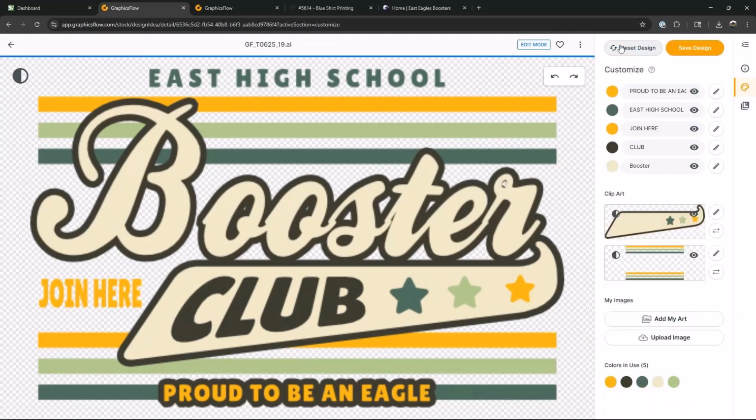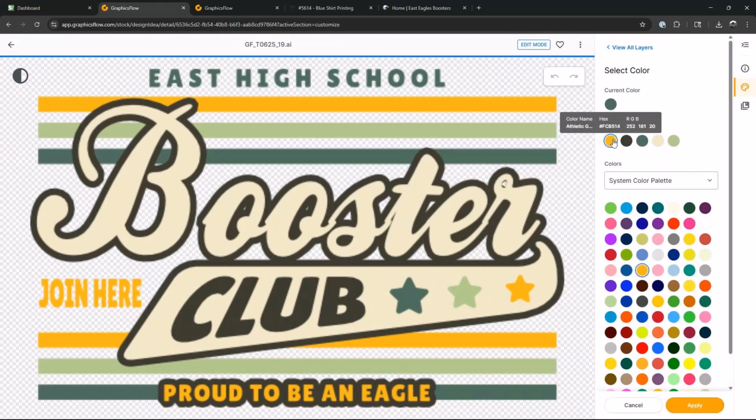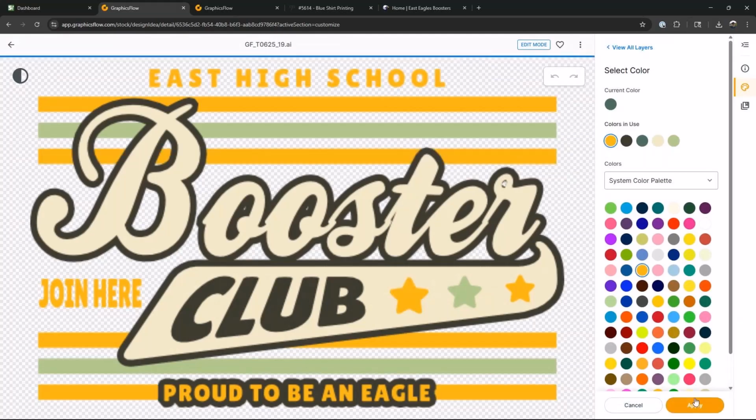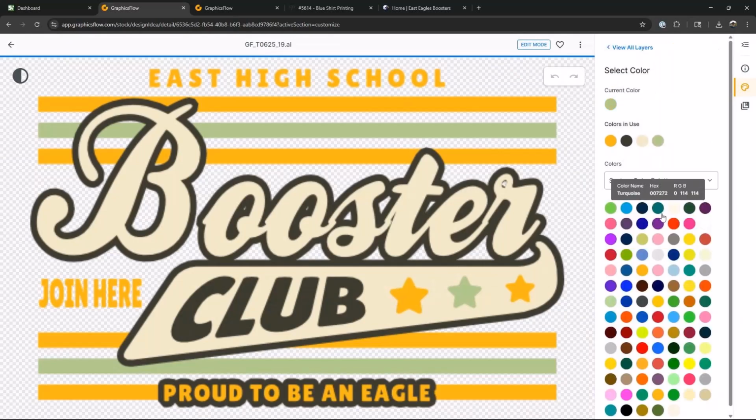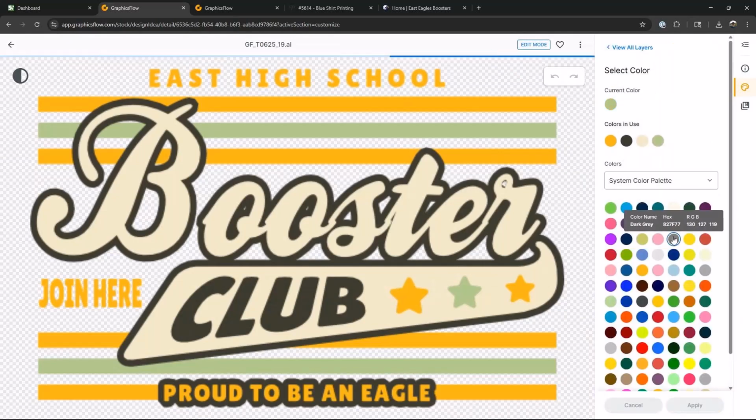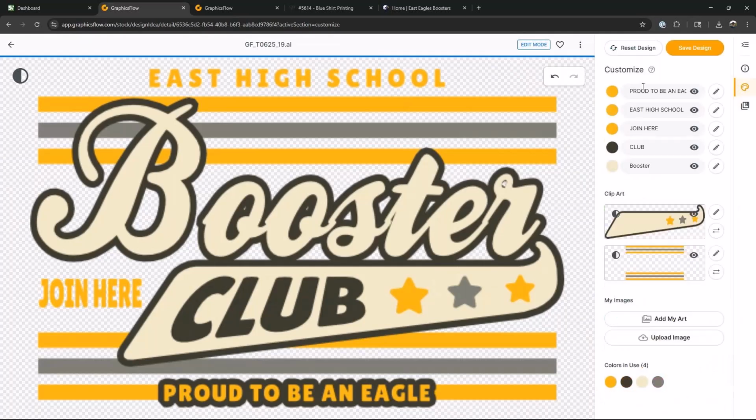Also on the green, that's down here on this darker green, I'm going to make that the gold. So now it's showing the colors that are included in the graphic. And then this lighter green, I'm actually going to make that kind of a medium gray. I guess it's a dark gray. There we go. We'll go in and independently color this text so I can get it dialed in exactly the